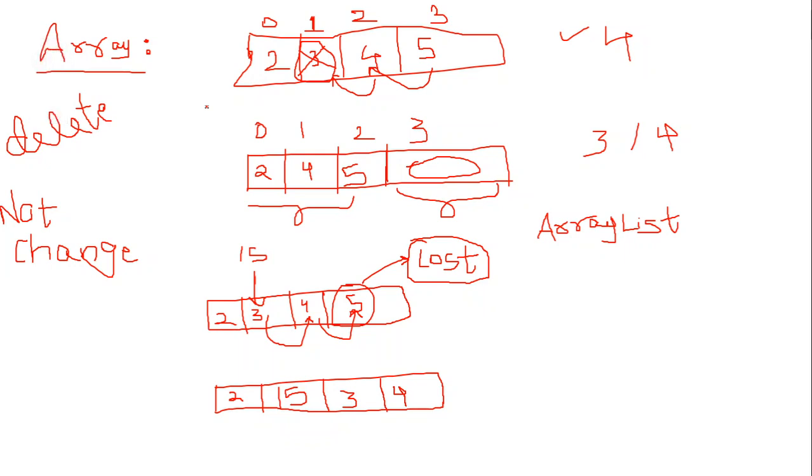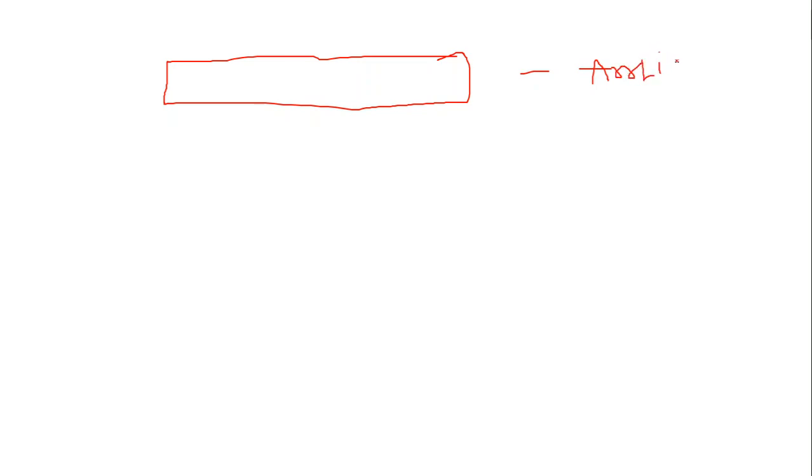So let me open my next slide as well. Suppose this time this is my array list. It is very similar to arrays, but has some benefits. I am writing in short, array list. Suppose this is 2, this is 3, 4. Suppose 4 elements are there. Indexes are starting from 0, 1, 2, and then 3.